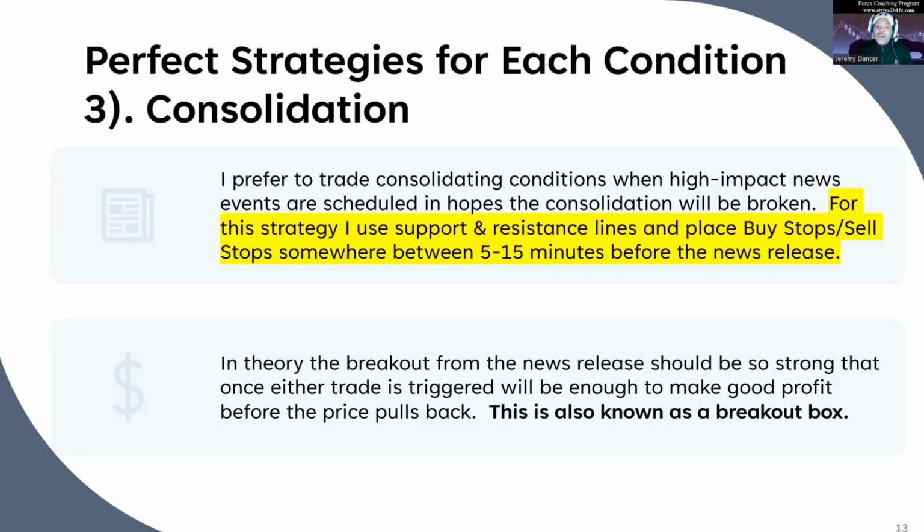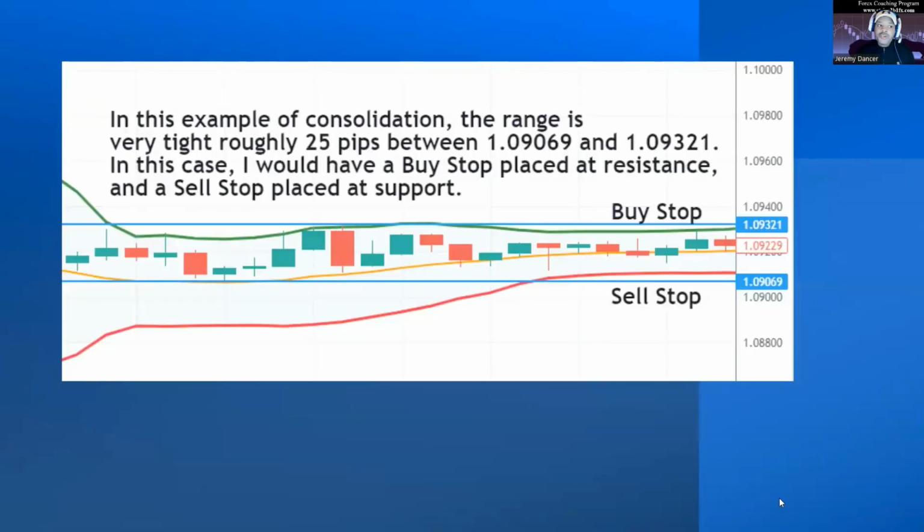For that reason, I like using breakout boxes to trade consolidation and placing my trades right before the news is about to happen. I use buy stops and sell stops. I stay away from limit orders because most of the time they won't get triggered. So right here is an example of consolidation. You can see here, I have a buy stop at the resistance area and a sell stop at the support zone, and I would place those trades roughly 5 to 15 minutes